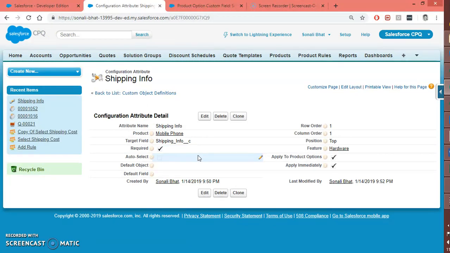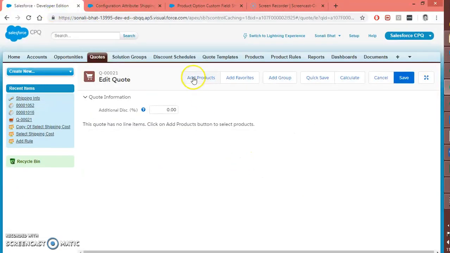The key point to remember is that if you place the configuration attribute within the feature, its effect will be limited to the product options inside that feature only. It won't be applied to all the product options, except those within the same feature. But if you do not associate it with any particular feature, it will be applied to all product options.